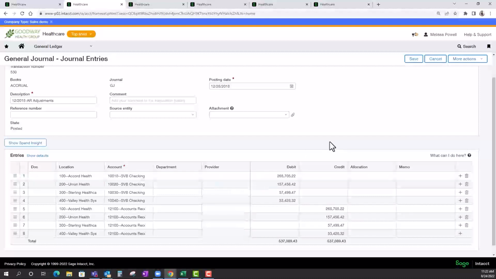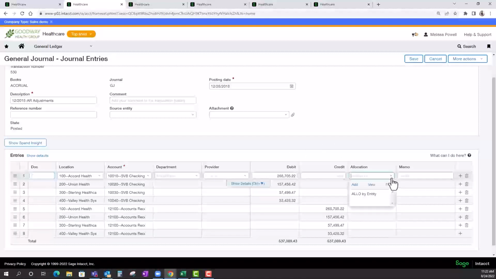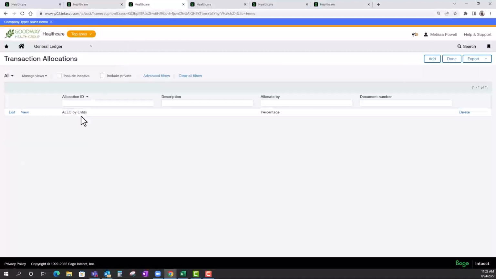Also, within the journal entry, you have the availability to have what is called transaction allocations. You'll see if I select this transaction allocation, that this will actually gray out my location field over here. And that is because this allocation is set up with locations already split out. Within our general ledger area, we can set up these transaction allocations, and then we can use those in transactions,